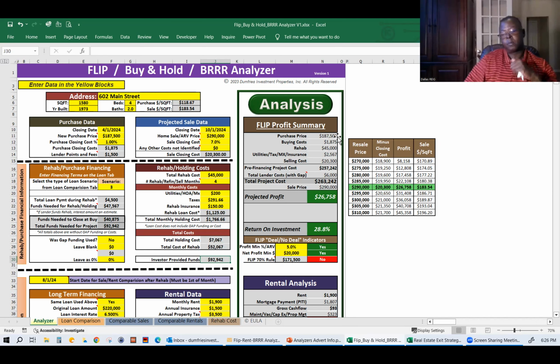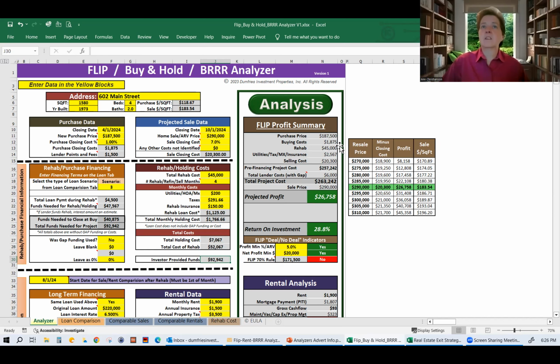So I got the purchase price minus my closing costs, minus rehab, utilities and insurance. This is the cost to close. So pre-financing, the project cost is $257,000. I add my lender costs. Then I turn around and add, that gets me my total project is $263. With a sale price of $290, that means my profit is